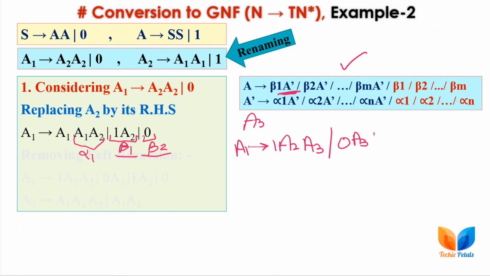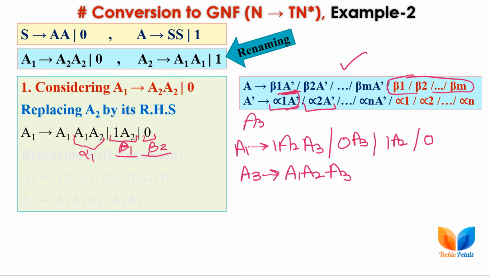Now, as this rule is without null, we have to repeat the betas here. So just repeating beta 1 A2, which is 1 A2, and the next beta is 0. So here we get the rules corresponding to A1, and for A3 we have to repeat the alphas, as we repeated alpha 1 A dash, alpha 2 A dash. So alpha 1 is A1 A2, A1 A2 A3, because we have to put the alphas into iteration.